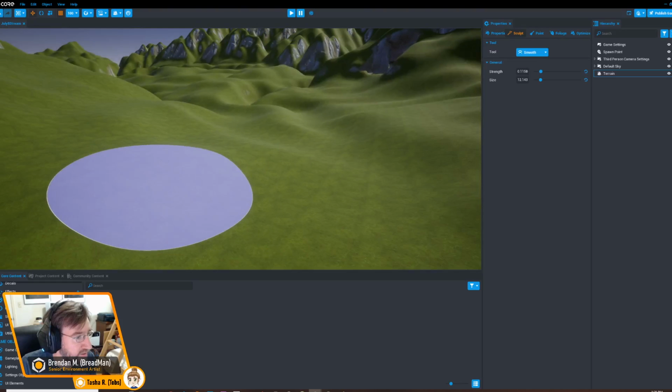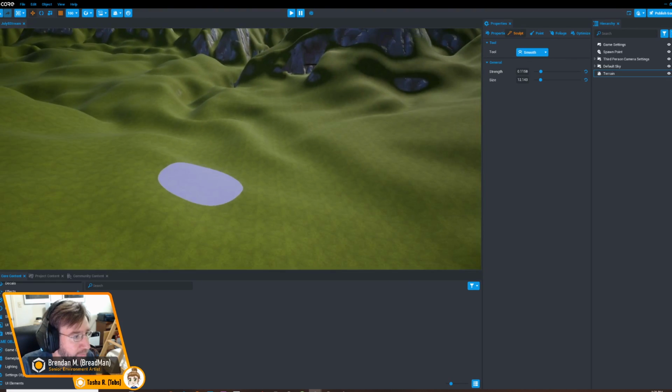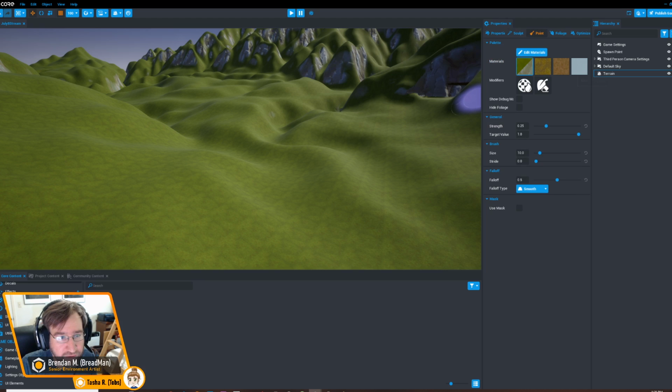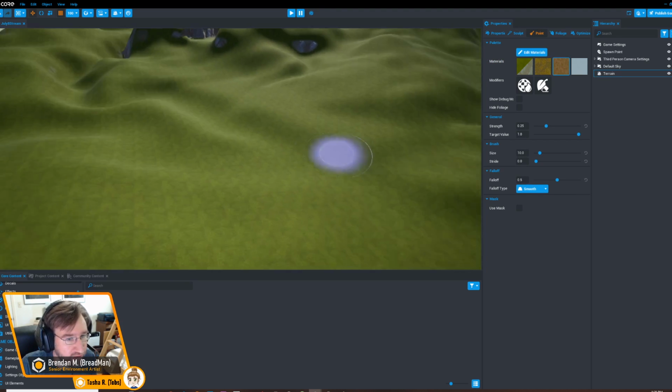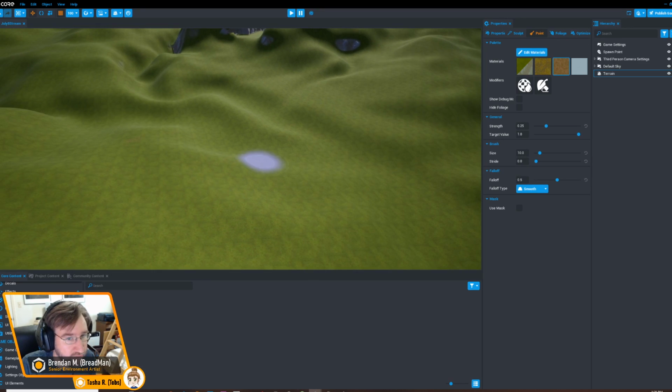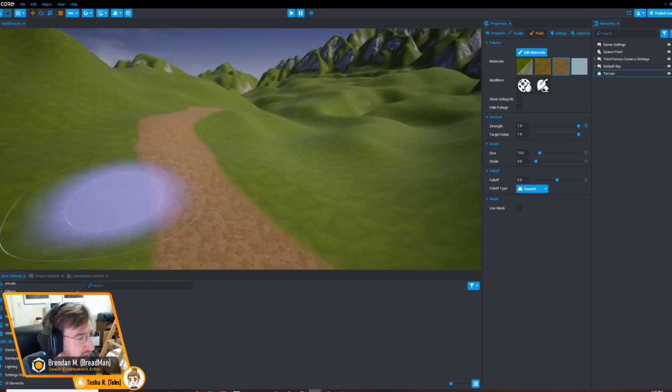So let's see. Let me do that really quick. One of the things about the way people make roads in games, the easiest thing to do is just say, oh, I'm just going to paint a strip of dirt. Come on now. Why are we not painting a strip of dirt? There we go. And ta-da, it's a road, right? But